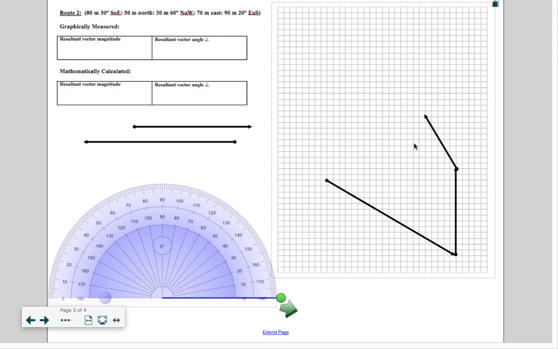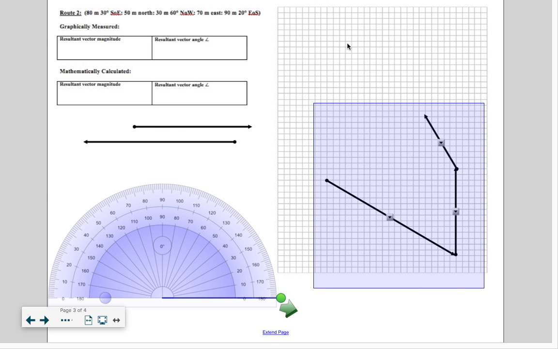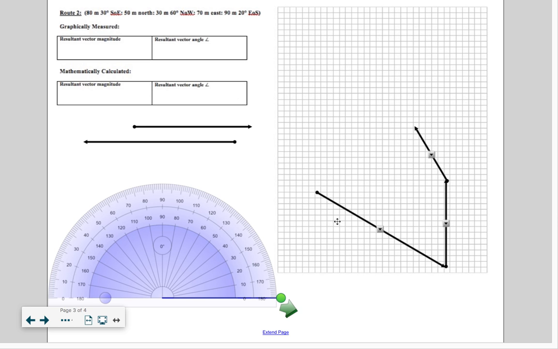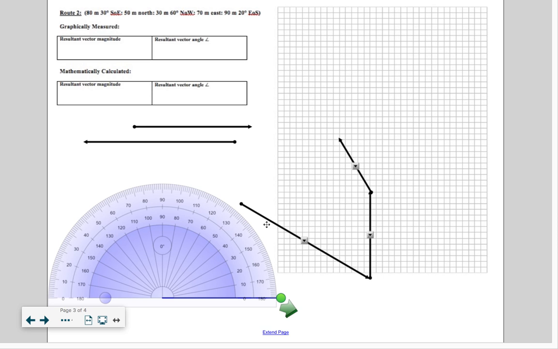This is the graphical. You can see I'm a little off here. Be as exact as possible. 70 meters east. And I'm going to go off my page again. So you actually might want to rotate yours so that you're going landscape as opposed to portrait like this. So you're not going to end up like me. I'm just going to keep going for what I got here. So I'm just going to be off my page here. All right, so 70 meters east,